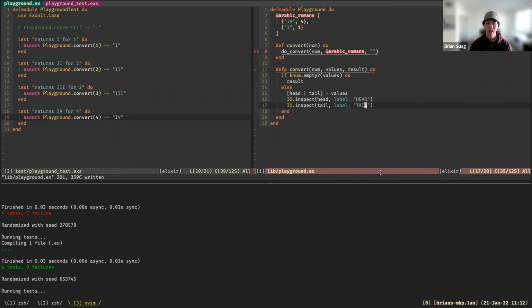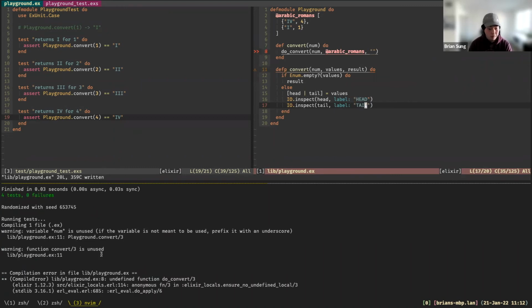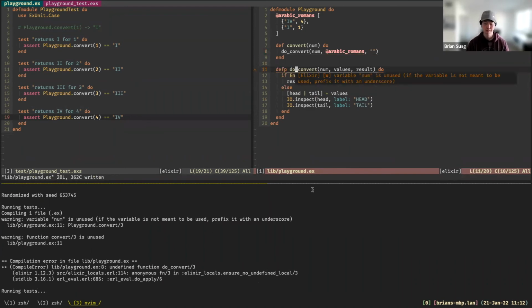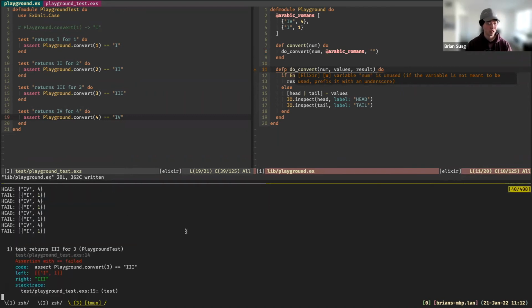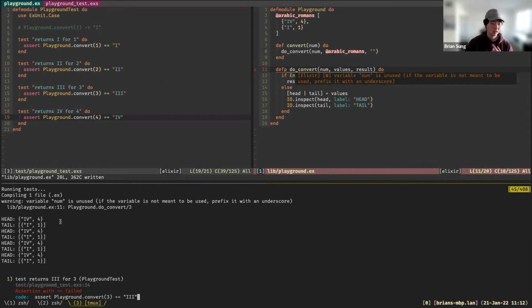This test is not going to pass. Undefined function do convert. Oh, whoops. Convert. There we go. You're going to see this happen, what, 4 times, because every test is just doing it essentially.